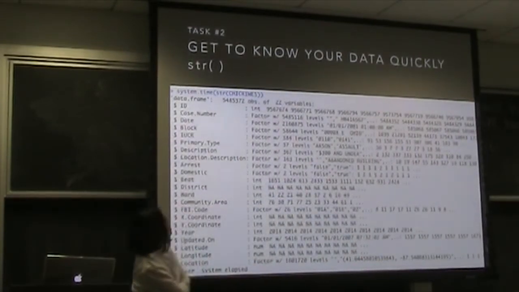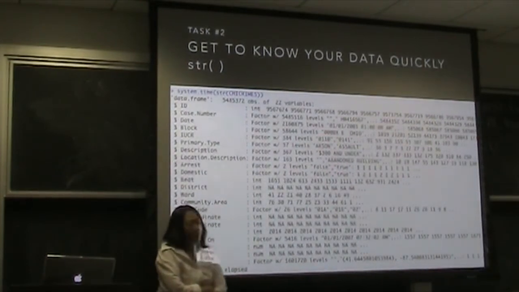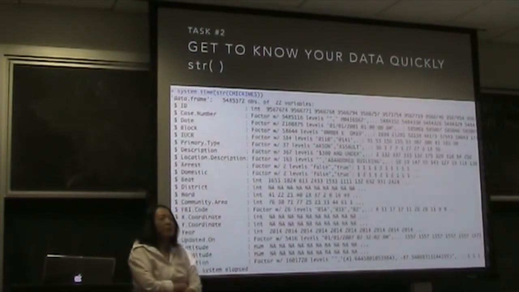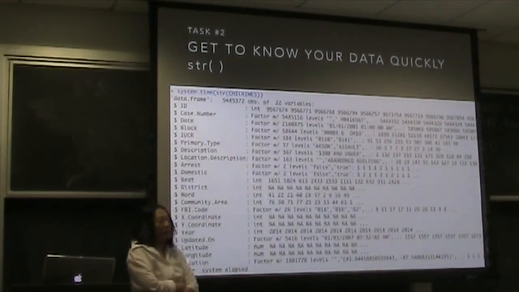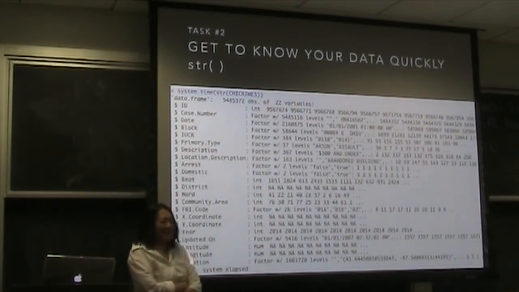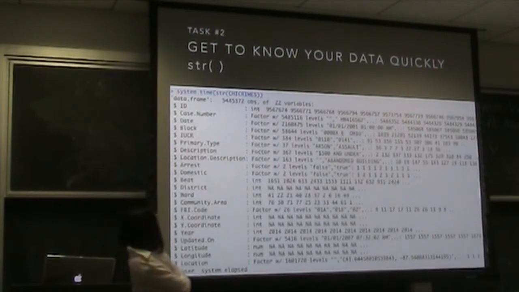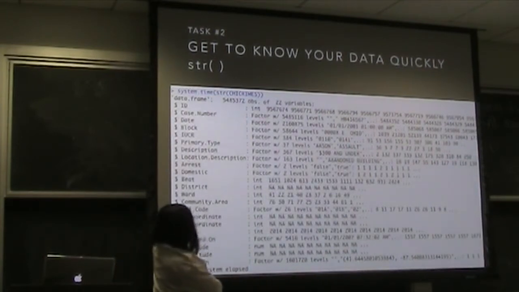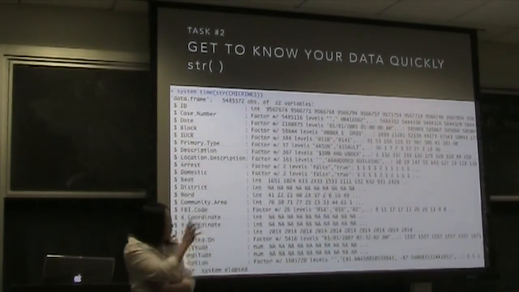Okay, with 367 levels, it's kind of hard to make a table or a graphic. It's going to be much harder, much more challenging. It's still doable, but you're going to have to be much more clever. On the other hand, with primary type, 37 levels, I think I'll start there. Or at least start to take a look at the type of issues around the data set that night. Okay? So it just gives you, again, a quick sense.